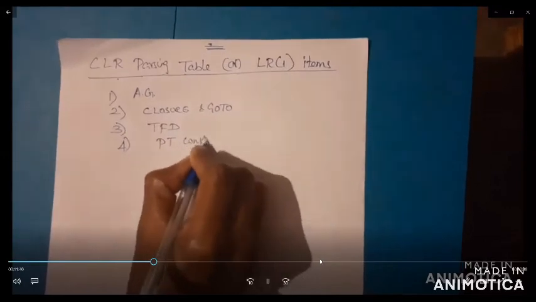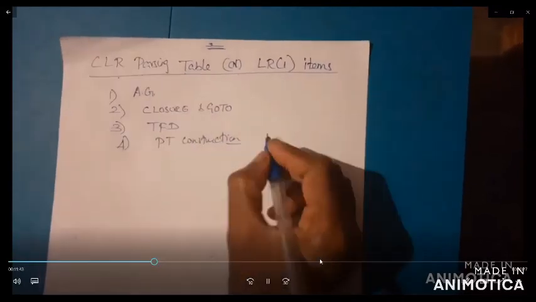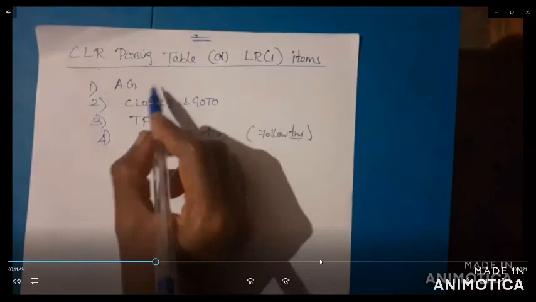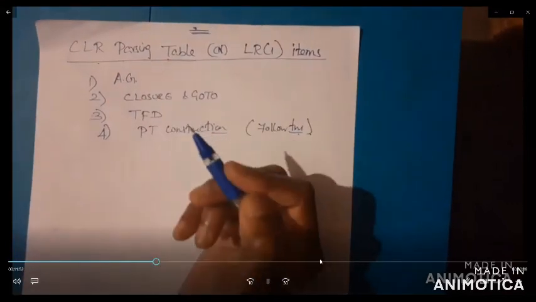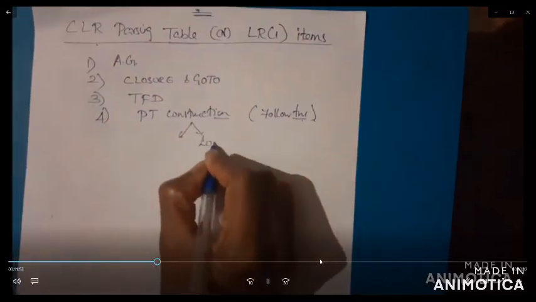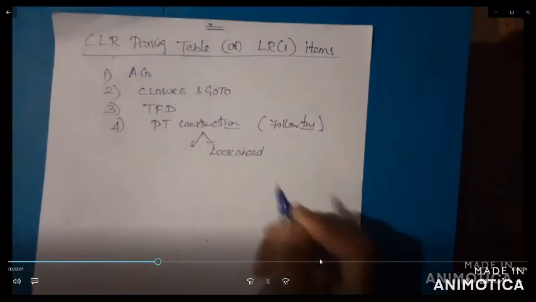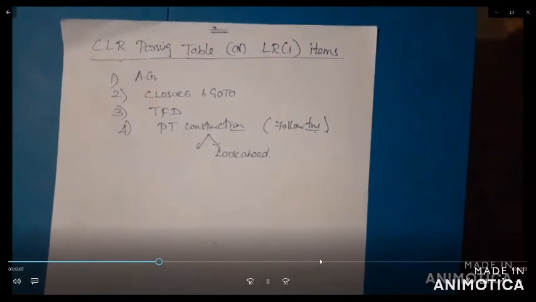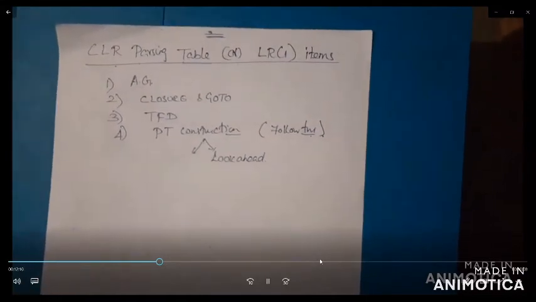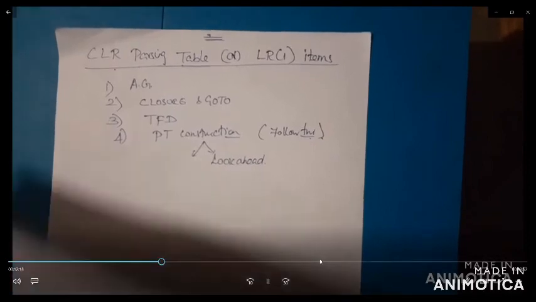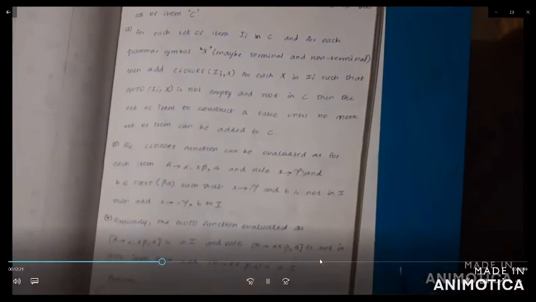Here, there is no need to check the follow function. It's not required because for the CLR parsing table you are doing two things. One is LR(1) items. Second, you have to check the lookahead functions. Based on the given grammar, you check the parsing table construction. After that, you do the lookahead symbol construction. So what is a lookahead symbol? How do you find the lookahead symbol? This is for the CLR parsing table algorithm.